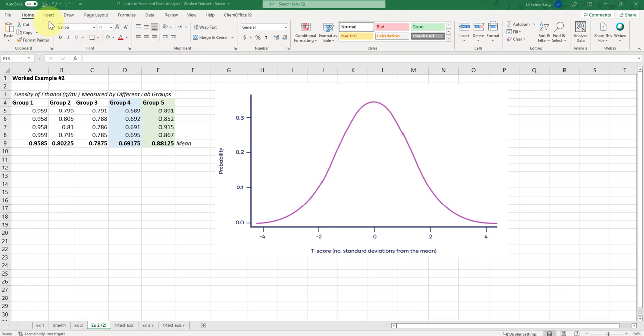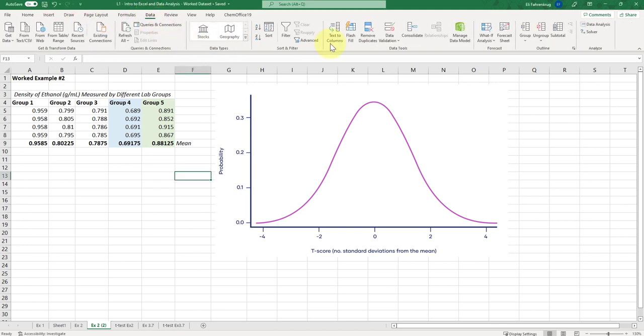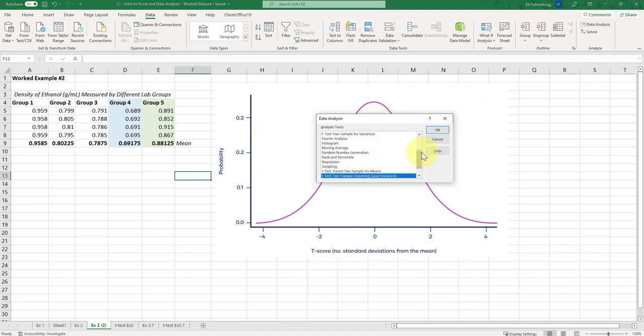To do that, we're going to go to Data here, and then all the way over to the right to this Analyze section and click Data Analysis. If you don't have this present, follow the linked videos in the handout that show you how to add this. This is a plug-in to Excel, but the adding process is different depending on whether you're using a Windows environment or Mac. So we'll assume you already did that. Click Data Analysis, and then I'm going to scroll down to the test that I want to do. You can see there's 3 t-tests, and I'm going to select this middle one, t-test: Two-Sample Assuming Equal Variances,